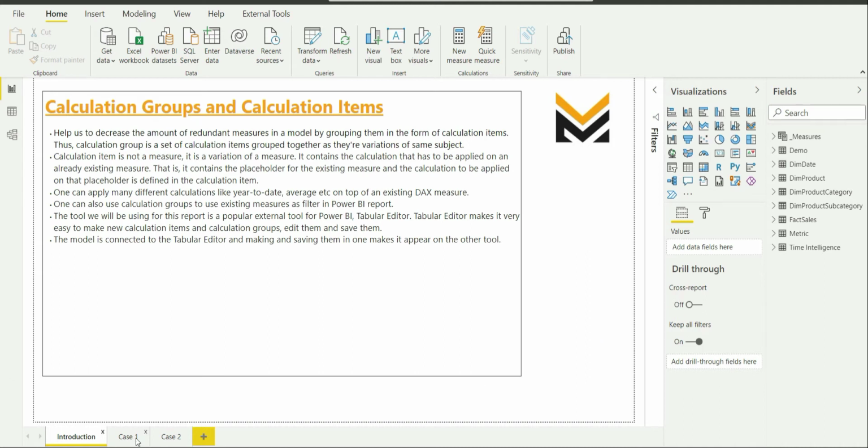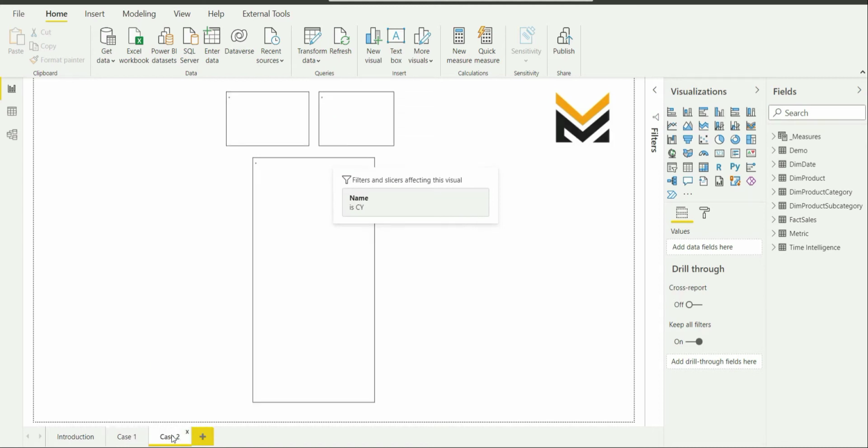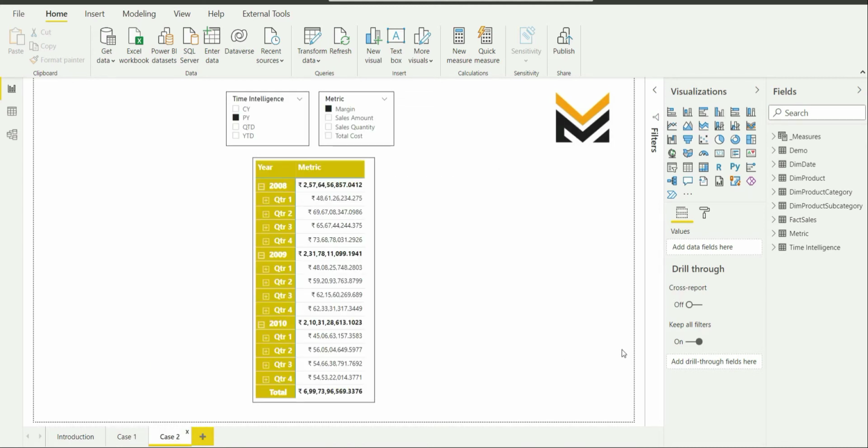We had also discussed one of the use cases where we used a few time intelligence calculations and made calculation items for them, and we used those time intelligence calculations, or you can say calculation items, as a filter in our PBIX report. So now we are going to cover one more use case.